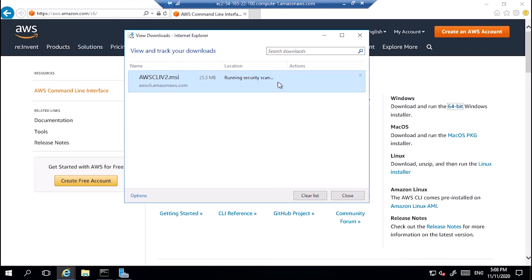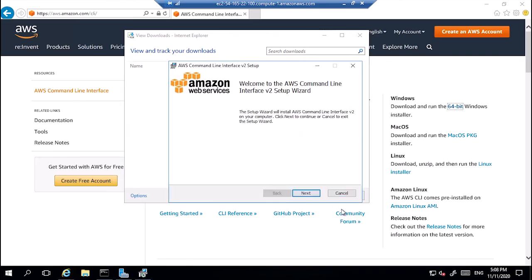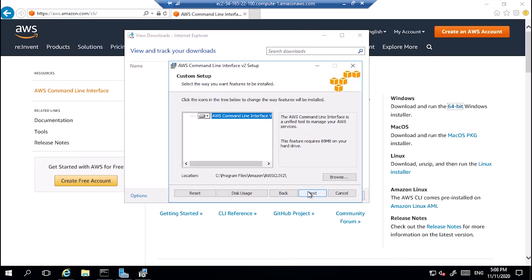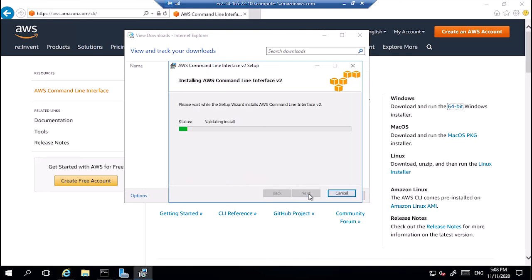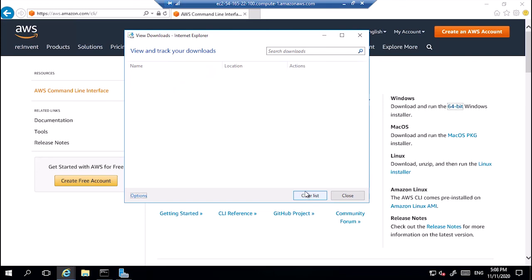Once the download is finished and the setup starts, actually, it's just here. So I don't need to pause the video, and I can just install. It will take a few moments and the AWS CLI commands will be installed. It literally took like 1 or 2 minutes, and so it is installed.